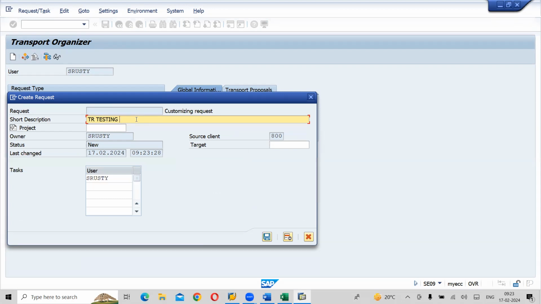Okay, TR testing. Automatically it will give you the last changes and the time. Click on the save button. The request number will be generated automatically here, as we know. What we saw earlier was that after creating a company and trying to save it, it used to ask for this create request option. But before that, we can also create a request and after that save everything in this particular request